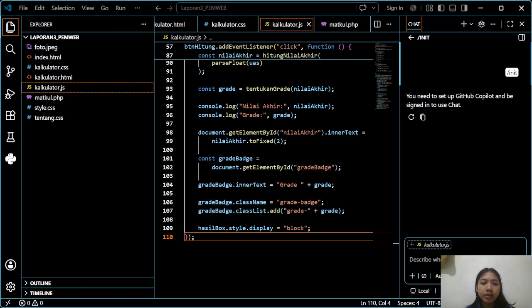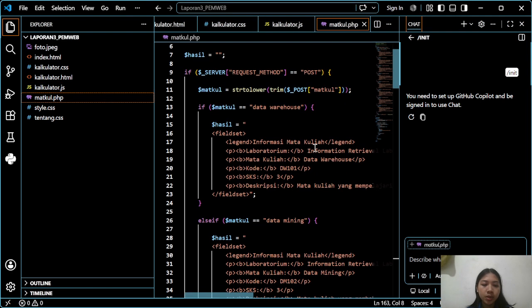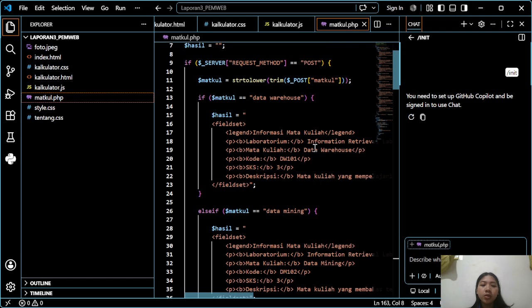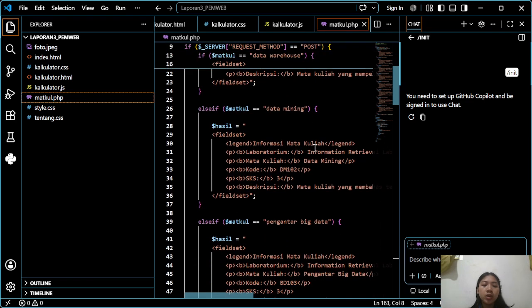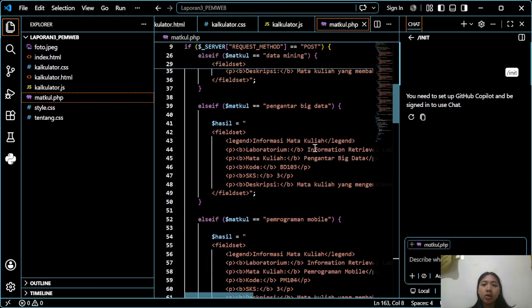The file is called matkul.php. This program allows users to search for course information by entering a course name.